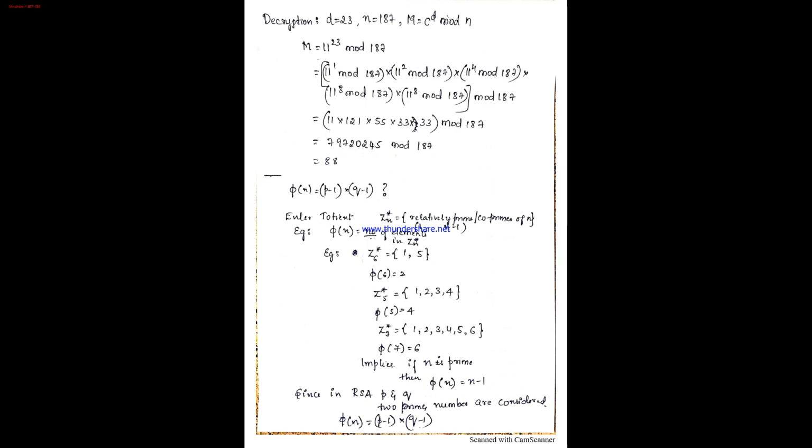Okay, so I'll get the answer as 11. See, even the computation is not that difficult when I split them up. Okay, next 11 to the power of 23: 1, 2, 4, and next 8. Next I was supposed to consider 16, so instead of writing 16, I can write 8 once again, isn't it? Even that works. So this I'll be getting back my message 88.